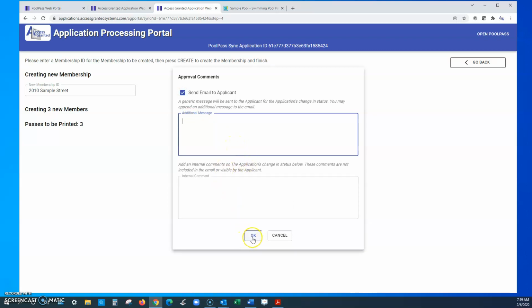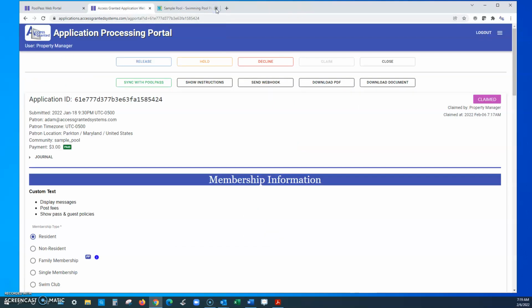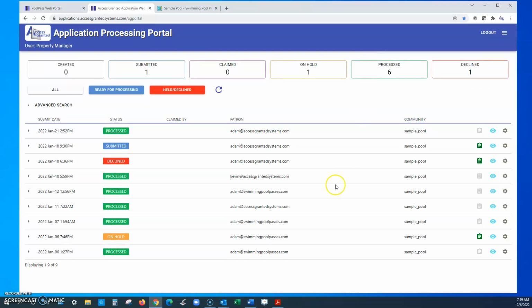All right, if I hit the OK button, that will finish the process here and sync it with your database. But I am going to cancel because I do want to show you some more things here. So I'm going to close out of this application. All right, I'm going to process this application again, but this time it's if you are using